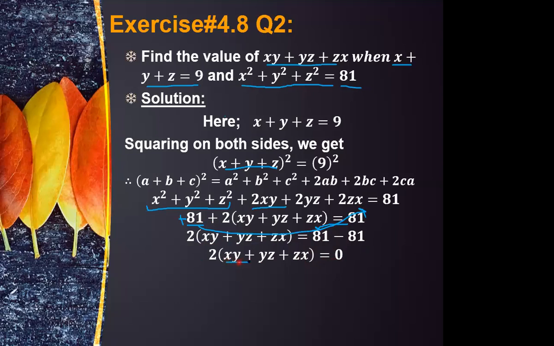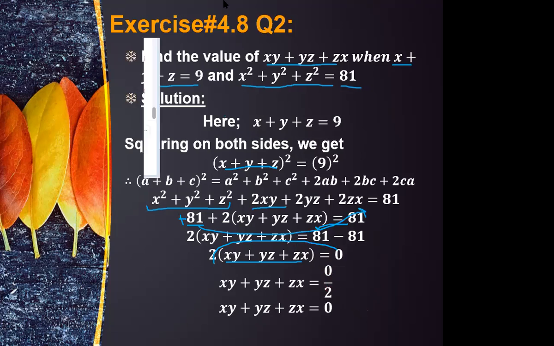Now, the required thing is this one only. So what you will do, you will take 2 here. 2 is multiplying here now. So when you are shifting it to the right side, it will get divided. So at the end, you are going to divide this 0 by 2. Anything that is 0 divided by 2, the answer will be 0. Right? So this is a very simple and easy question. If it is not clear, please ask, then we are moving towards the classwork. Is it clear? Should we start classwork?